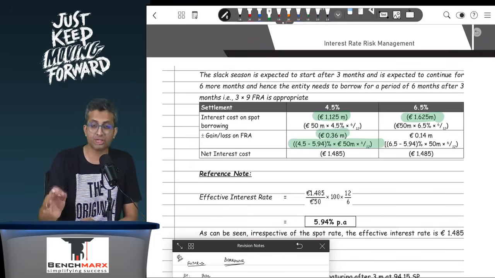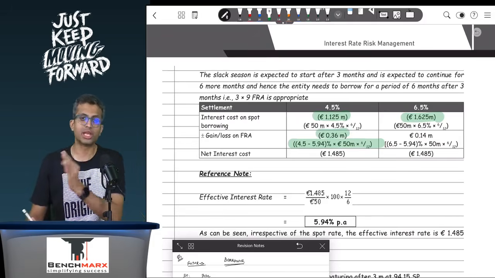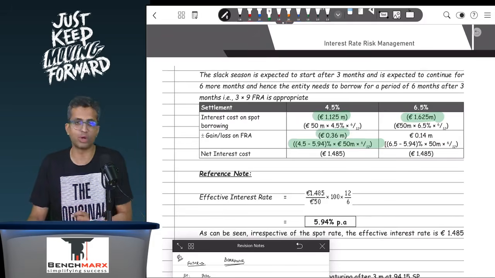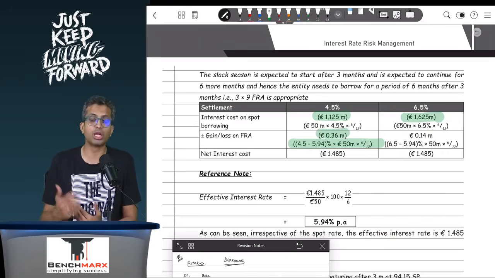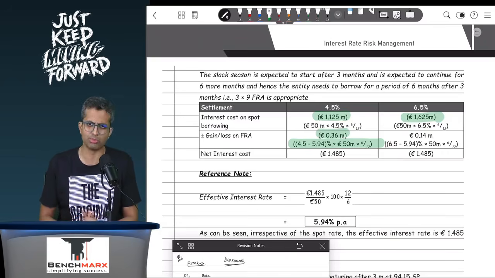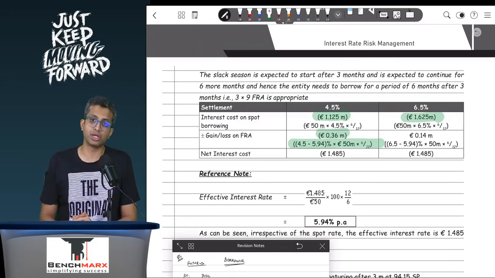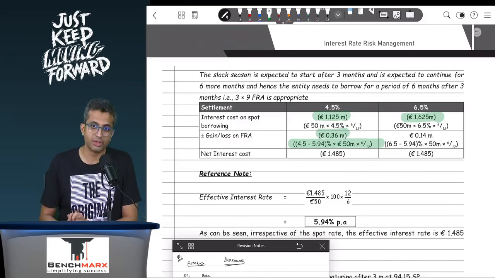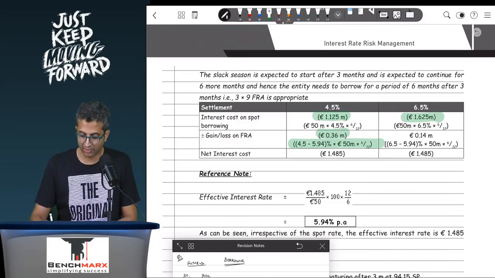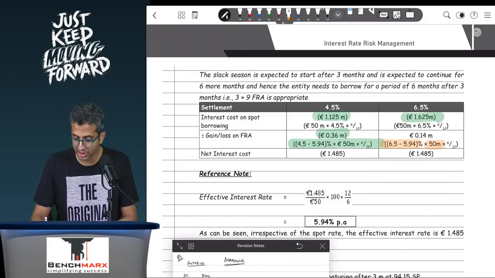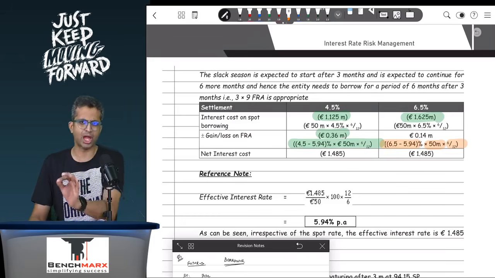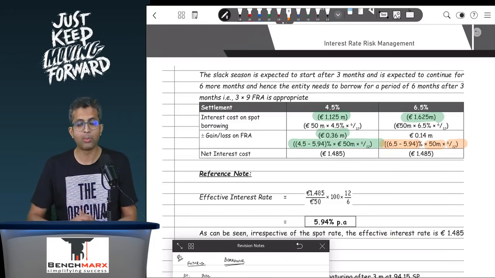If you want, pause the video and try to find the net settlement gain in case of 6.5% rate. Ask yourself, what did I do originally? Sir, I originally decided to buy because I was a borrower. I need to pay for interest. In FRA, I will buy. I bought at 5.94. Now the rate became 6.5. So to close the position, I will sell at 6.5. So 6.5 minus 5.94. That's a positive answer. So again, in percentage into 50 into 6 by 12, and that should give you a positive answer,